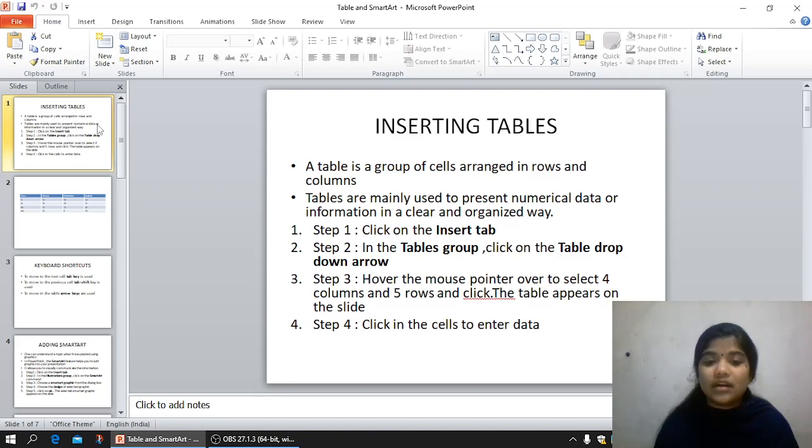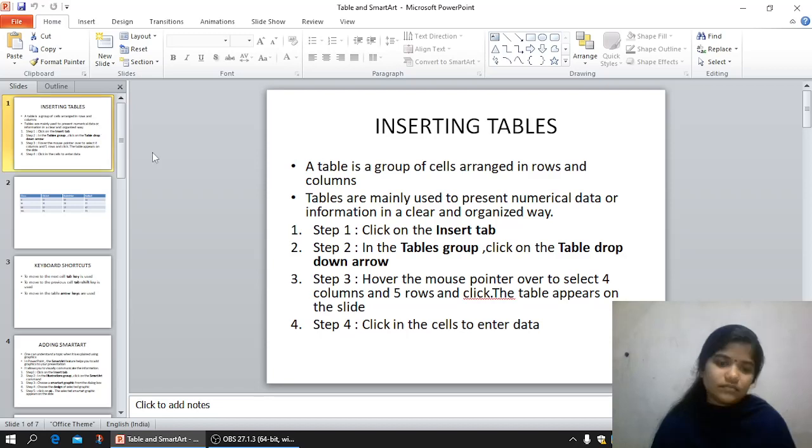Tables are mainly used to present numerical data or any information in a clear and organized way, so you can type numbers, special symbols or characters there. You can type your name, your address, any time, any date, anything you can enter inside our table.